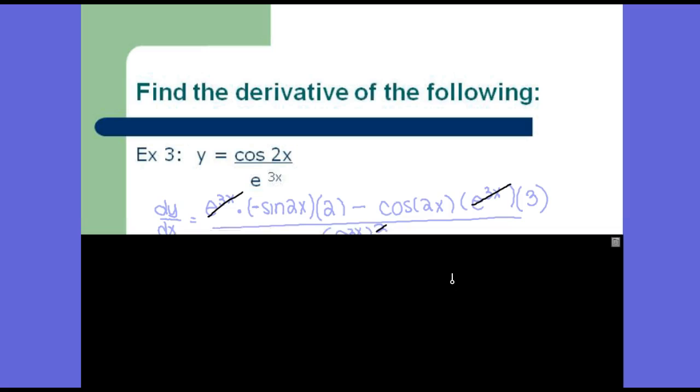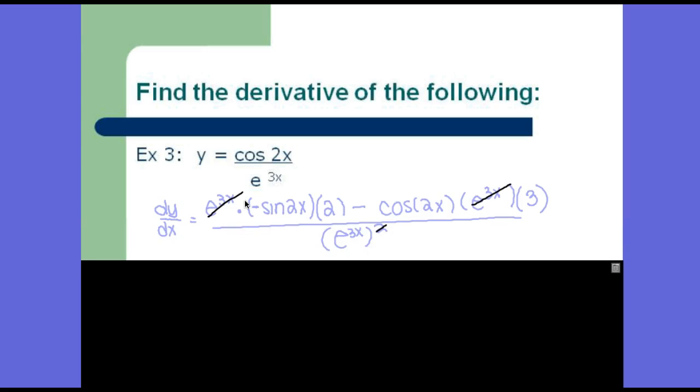So ho d-hi minus hi d-ho all over ho-ho gives e to the 3x times, so there's your whole, d-hi. Derivative of cosine is negative sine. The exponential problem is not taking its derivative till the second part of the quotient rule. We need to take into account the derivative of the angle of the trig function, where we get 2